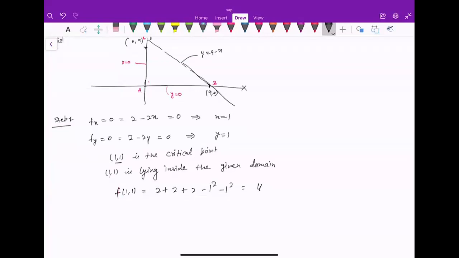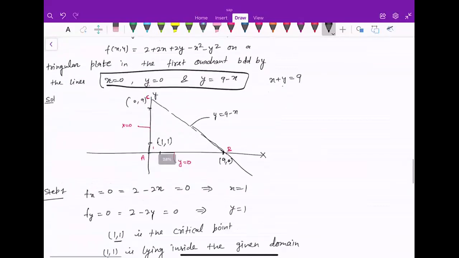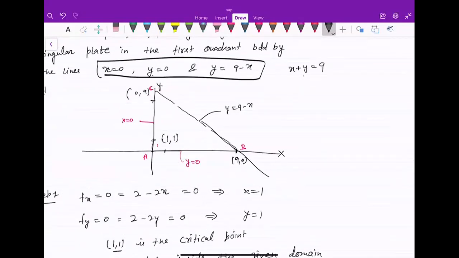ये मैक्सिमम पॉइंट है या मिनिमम है, जो भी है। एक्सक्यूज मी मैम, ये पता कैसे चलेगा कि (1,1) उस डोमेन के अंदर है कि नहीं है। बेटा आप ये बताओ, आपके पास डोमेन क्या है, (1,1) कहाँ लाई करेगा। मैम, अगर कुछ अलग से डायग्राम बन जाए तो उस केस में क्या करेंगे हम। उस केस में आपको बस यही प्रोसीजर है, ऐसे ही देखना पड़ेगा। कोई अलग मेथड नहीं आएगा, आपको देखना पड़ेगा कि वो पॉइंट उसके अंदर लाई कर रहा है या नहीं कर रहा है, तो आपको कहीं ना कहीं ग्राफ से ही देखना पड़ेगा।